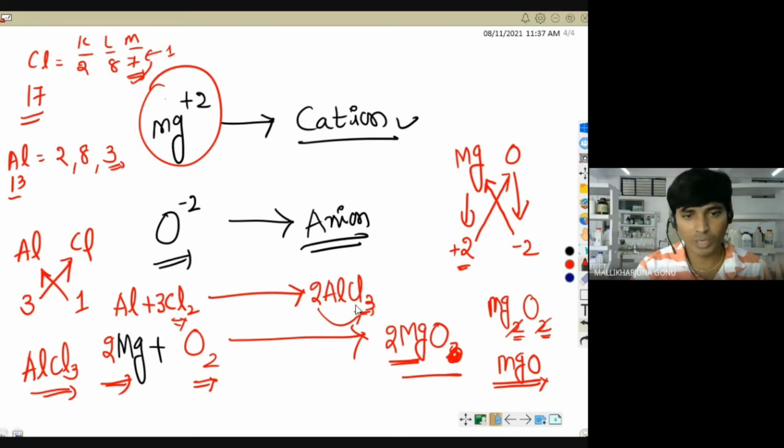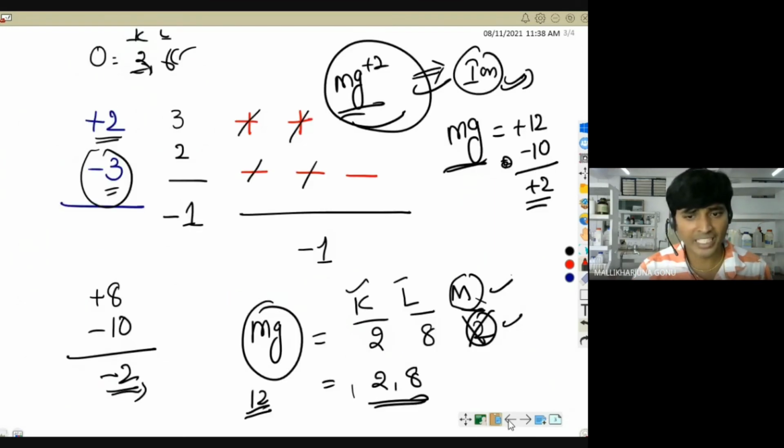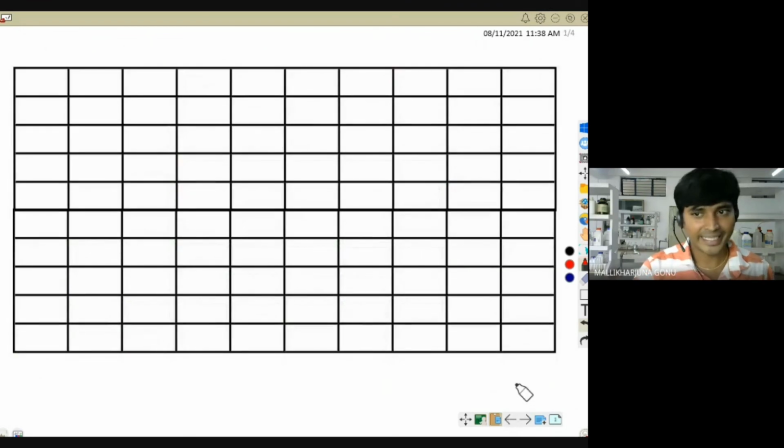You cannot change the formulas, the reason I already said. Now aluminum is becoming 2. Here 1 is there, so you put 2 before that. Whenever you write a chemical reaction, that reaction should be balanced. So for every element, whatever is important for you, that table I will give as homework, all of you have to write it. So you take it as homework.